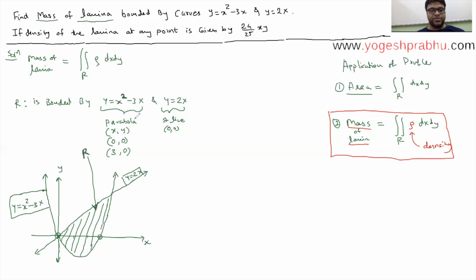Now, to solve, we have to find out the limits first. Just see how we can find the limits. To find the limits, I will take one strip, okay? And this is a very standard method. Let us take a vertical strip. You could take a vertical strip or a horizontal strip, but vertical strip will be more suitable in this case. So if we take a vertical strip like this,